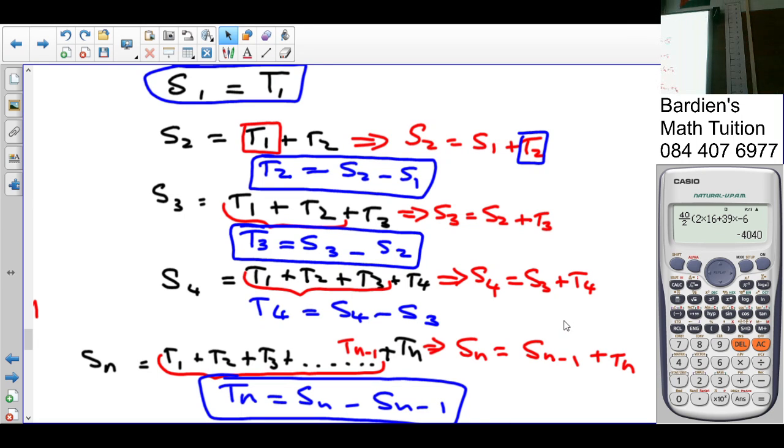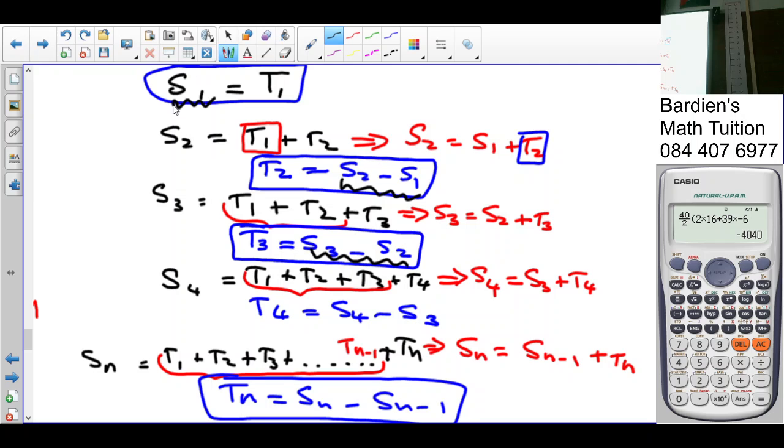So, to work out the first three terms, I need to know what S1 is. I need to know S2 and S1. For term 3, I need to know S3 and S2. Can you see that, people? Does it make sense? The first three terms, I need to know the sum of the first term, because the